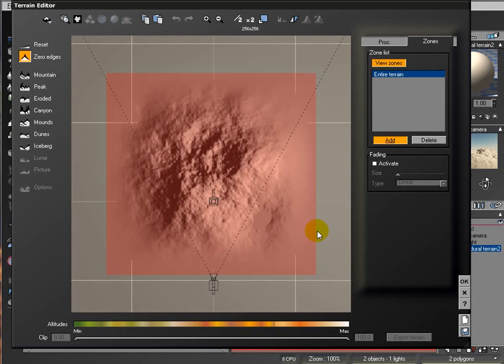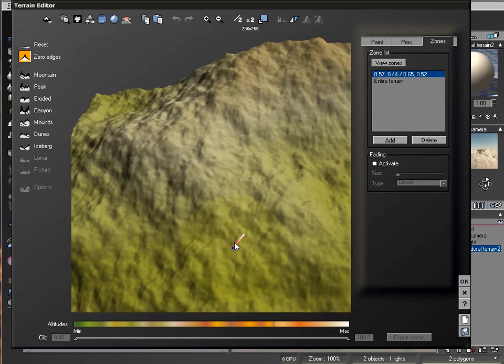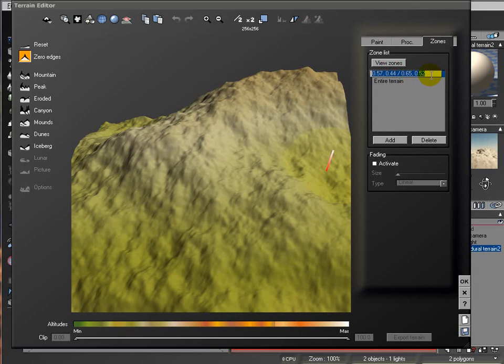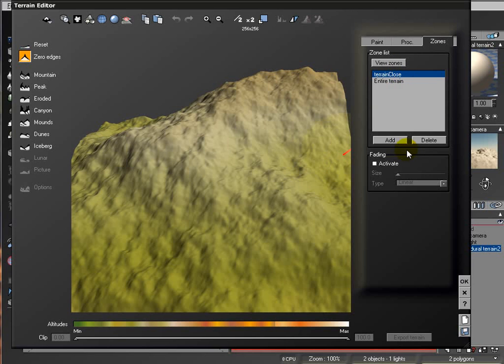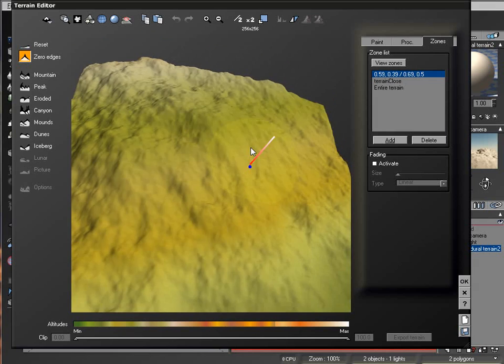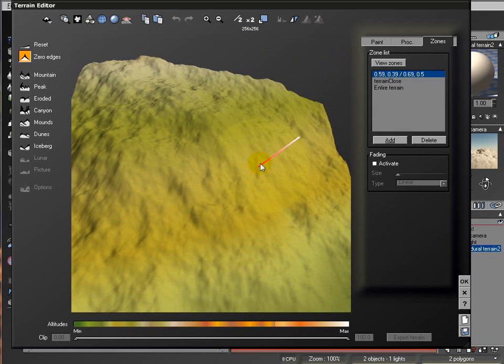Now we switch to our top view. Let's select one small area of the terrain, and there you go. You notice now we have this terrain available for us. The list of zones will display in your menu. If you click on it, you can rename it to whatever you like, which will help you organize. As well, you can add additional zones and you can overlap them if you want. You can create zones inside others. You can create multiple, and it's up to you how you want to divide your terrain